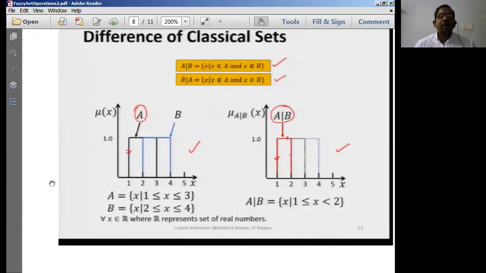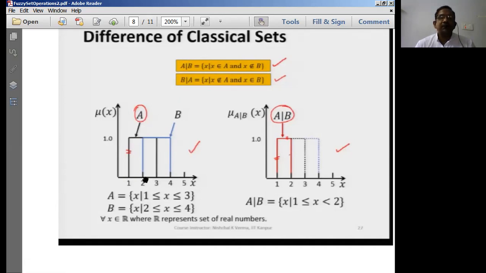When you go ahead with the difference of two classical sets, the entire belongingness of the set is going to be 1 to 4. That is called the universe of discourse. 1 to 4 is the universe of discourse. For this 1 to 4 universe of discourse, we got this as a function. So we should deduct B from this universe of discourse. So B means what? This blue colored one. When you deduct the blue colored one, what are we going to get?